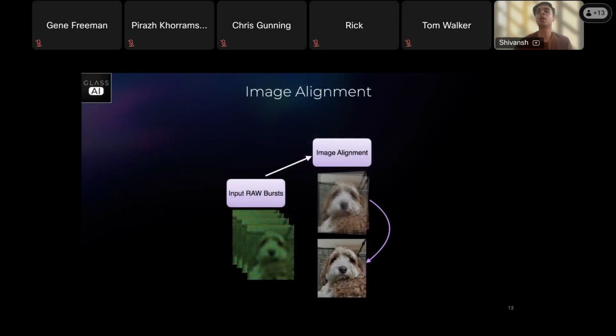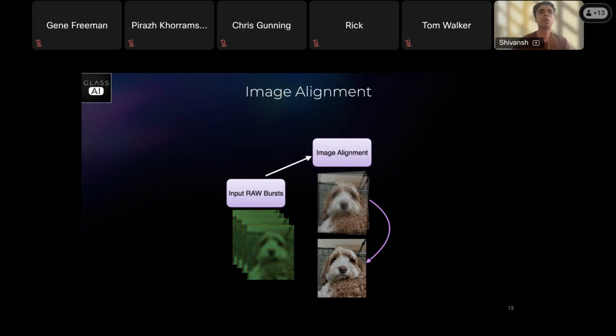So before I move to the next slides, I thought it's quite interesting to discuss the problem of image alignment for the use case of image quality, like image restoration. And why I felt that is because how we look at image alignment here is very different than how we treat image alignment in some other use cases.